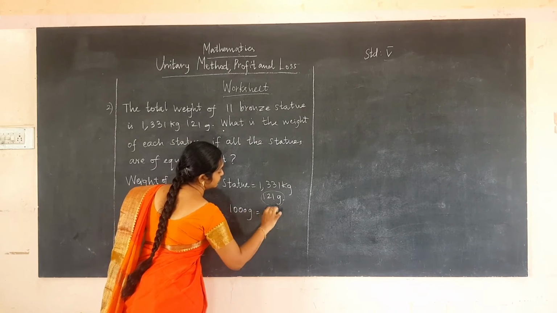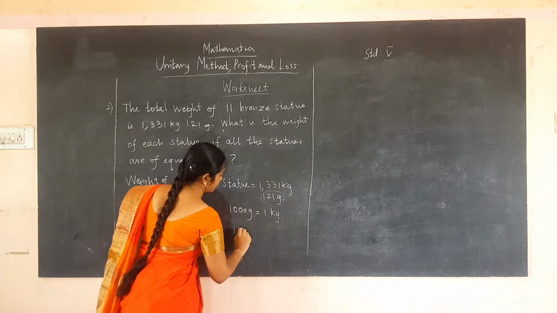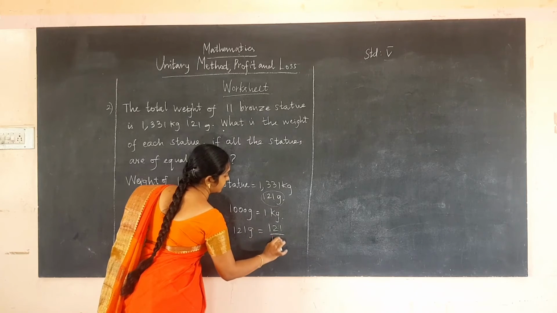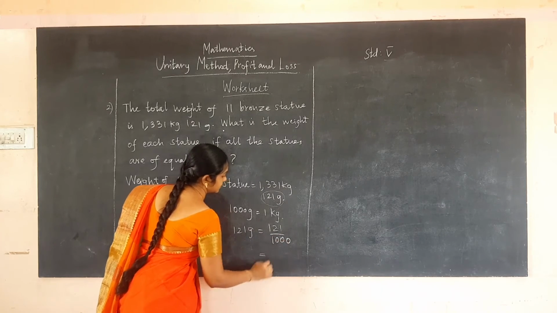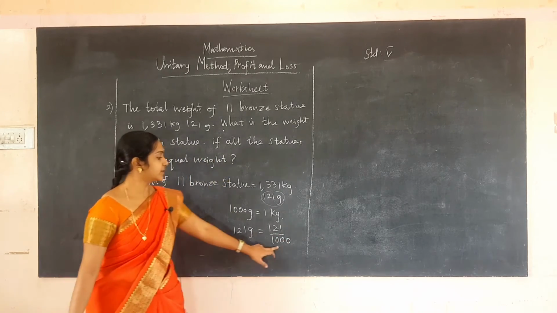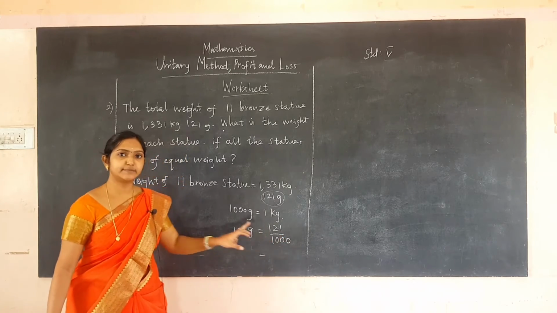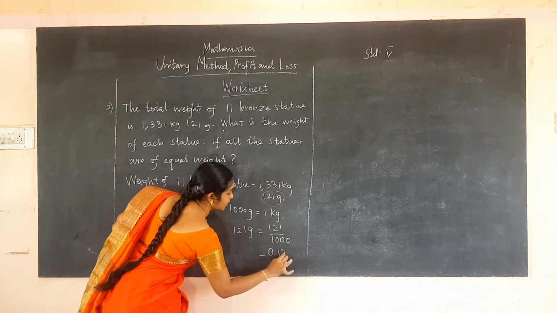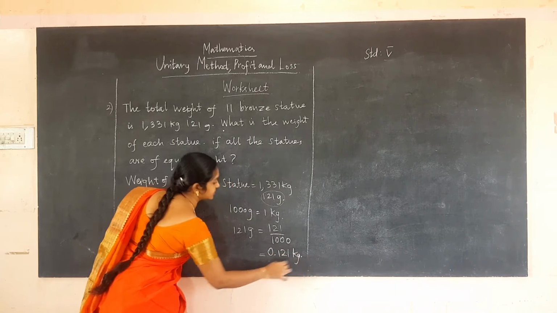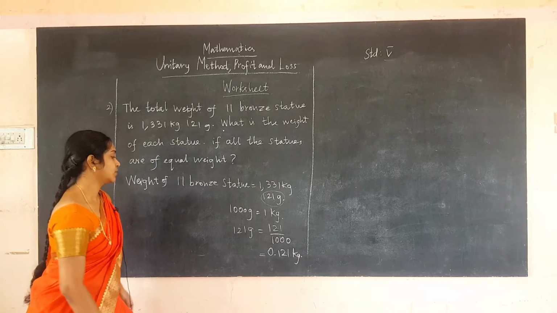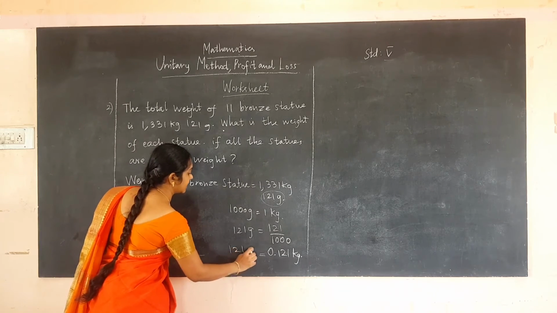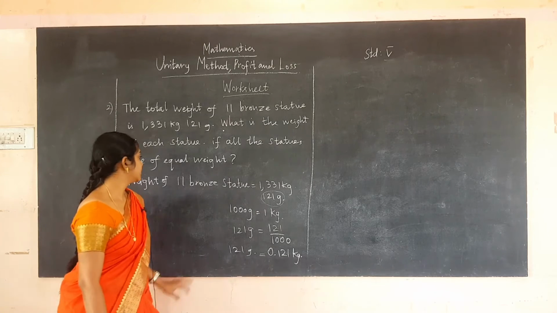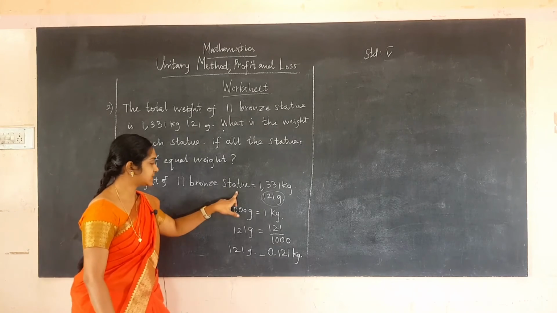1000 gram is equal to 1 kilogram. So 121 gram equal to 121 divided by 1000. In denominator we are having 3 zeros, so we have to keep the decimal point before 3 places. So it is 0.121 kg. 121 gram is equal to 0.121 kg. So the weight of 11 bronze statue is